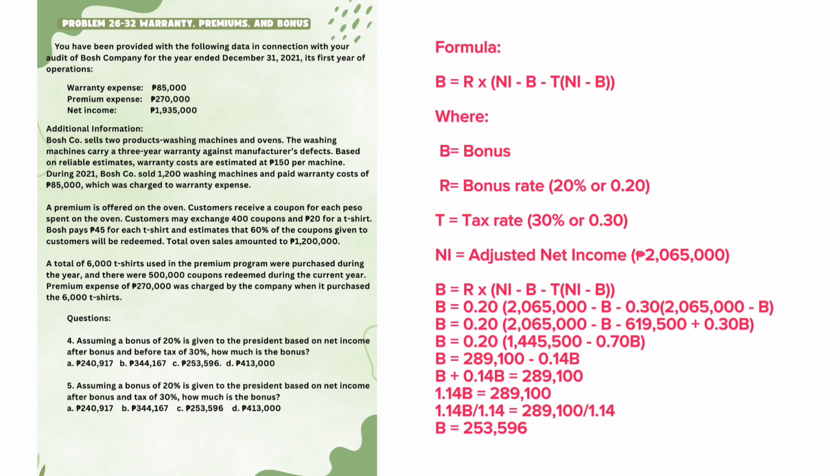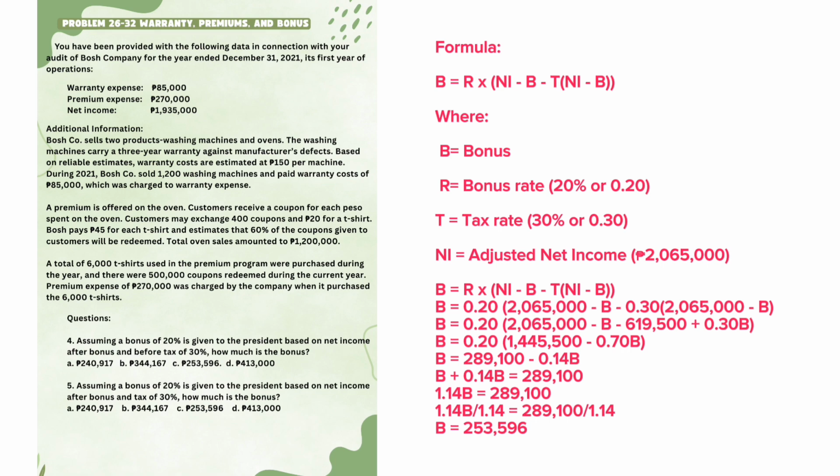The tax itself is 30% of the net income after deducting the bonus. Mathematically, we can express this as B equals R times NI minus B minus T. Since the tax is 30% of the net income minus bonus, we substitute T equals 30%